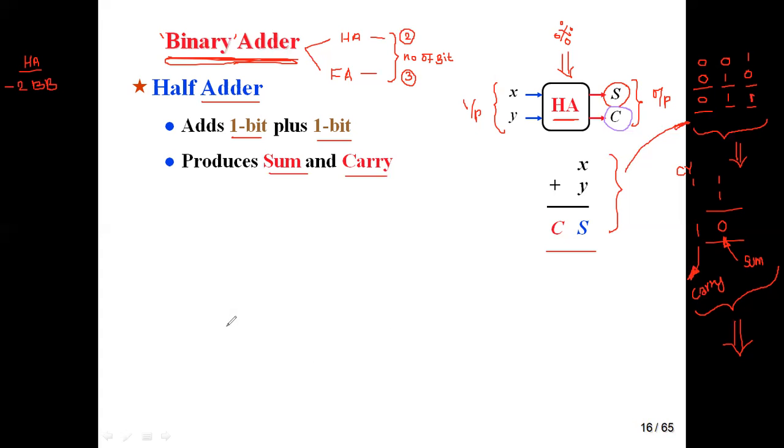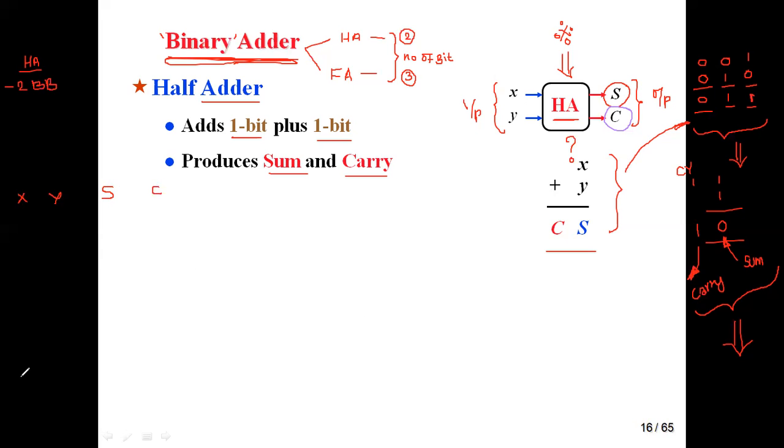So what is the half adder, or how are we going to design it? We know the input, we know the output, and the problem is we are going to design this circuit only. For that, what technique are we going to use? By using a Karnaugh map method of reduction with the help of a truth table. Please listen. My inputs are x and y, given to the half adder circuit. It produces sum and carry.